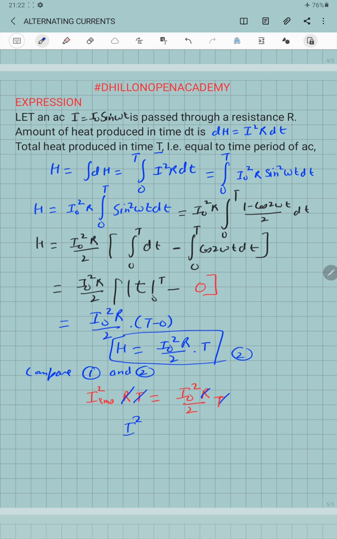We get I square RMS is equal to I naught square over 2,